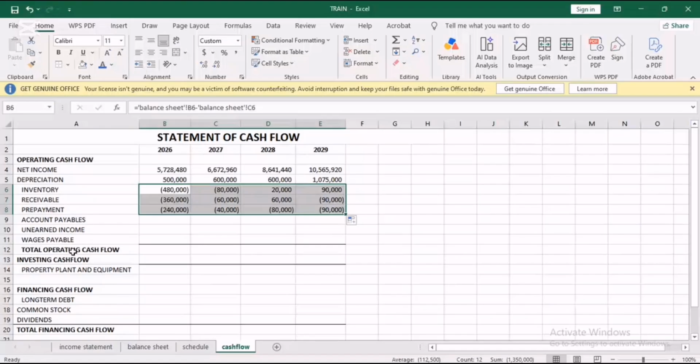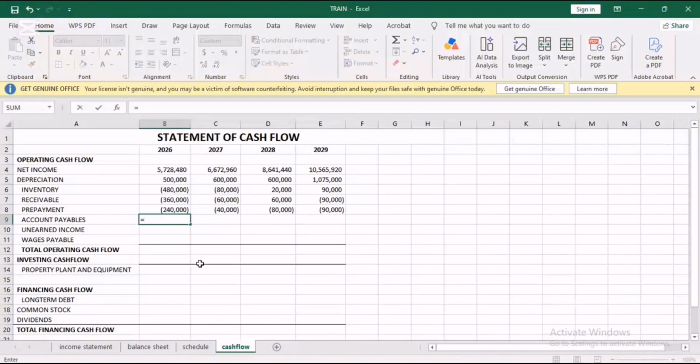They have their own way of sorting for them. So how do I do this? I hit up here. This time around is going to be the negative opposite of what we did for the current asset. So I hit equal to, right? So the implication right here is that